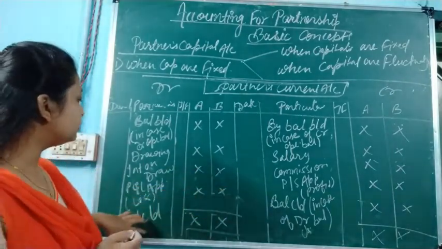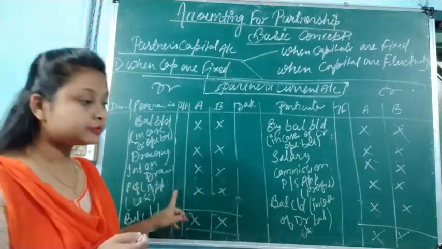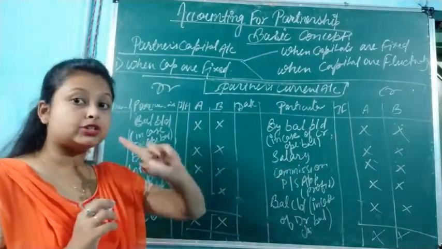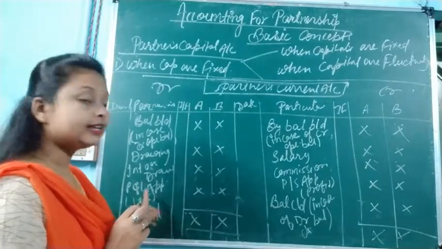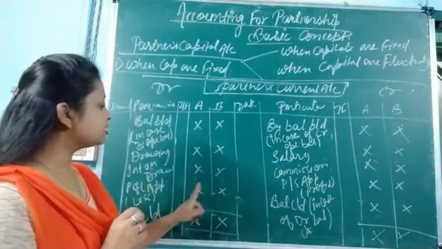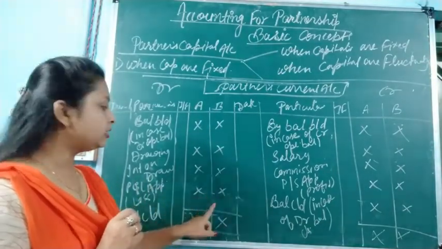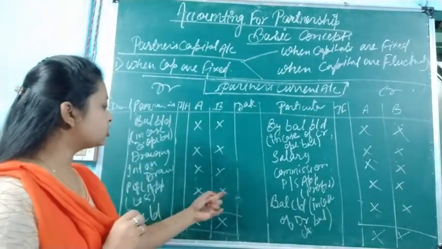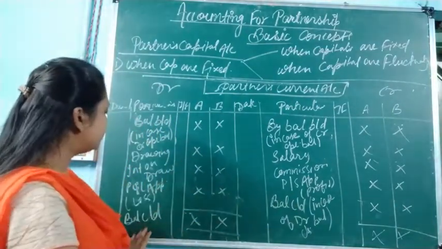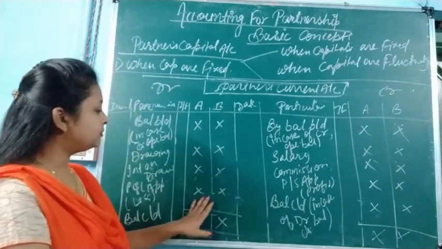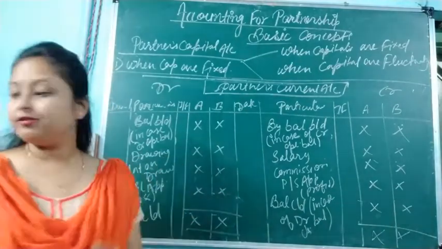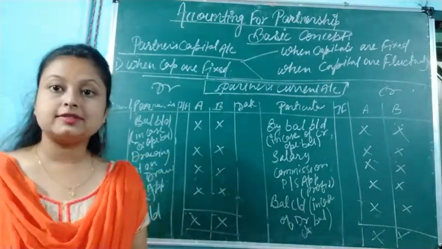After that, we are going to provide the loss. If in the question there is profit, provide the profit on the credit side. If in the question it is a loss, then provide it here. Write down the loss and distribute it among the partners in the capital ratio or whatever profit sharing ratio is given. Then take out the balancing figure, balance c/d. If it is a credit balance, we write it here; if it is a debit balance, we write it here. So from the first method we have learned what all things we have to study.